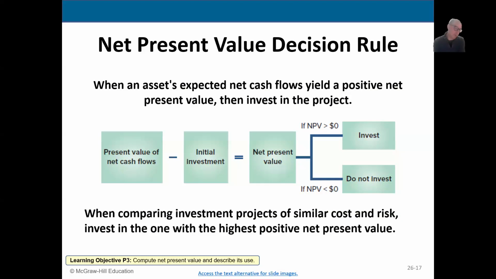Of course, yes, there's risk involved because we know that the cash flows aren't always the same. We know that there are other factors of risk, but without consideration of those things, if it's greater than 0, we accept it. If it's not, we do not. That's present value decision making. Simple.